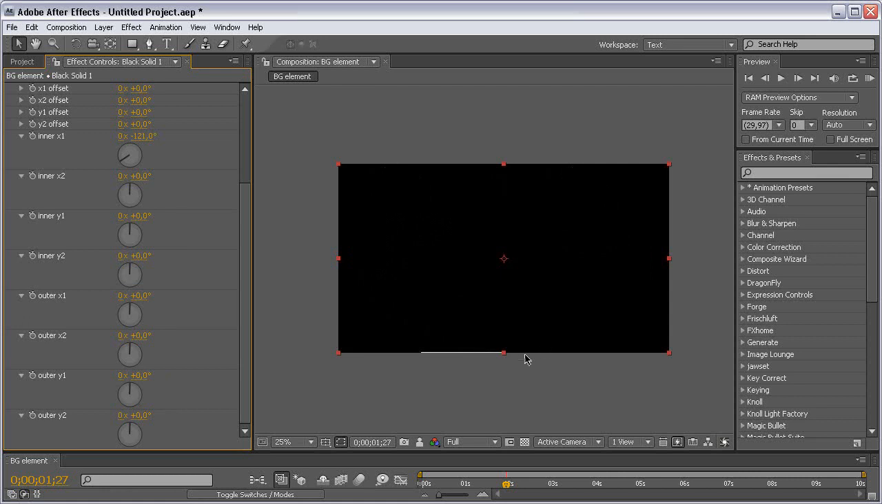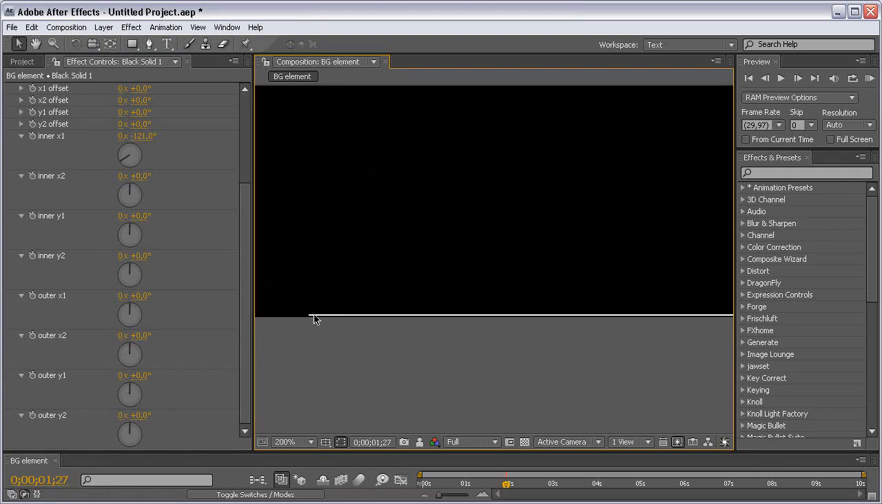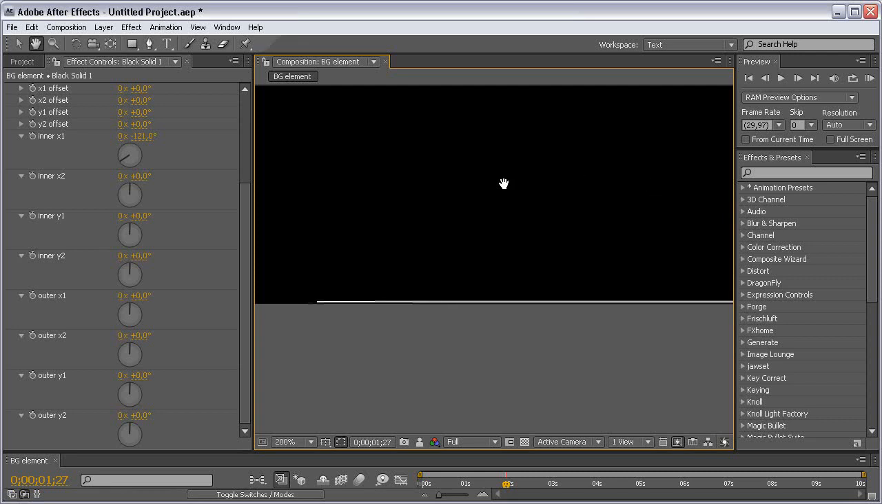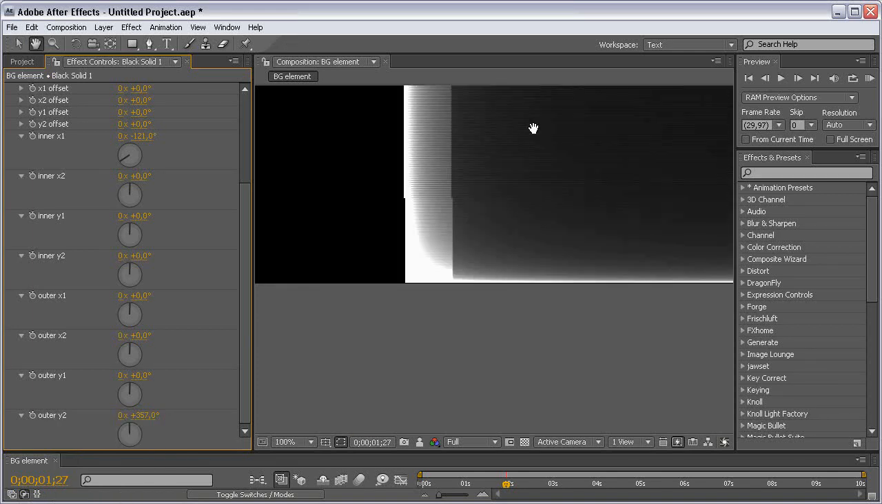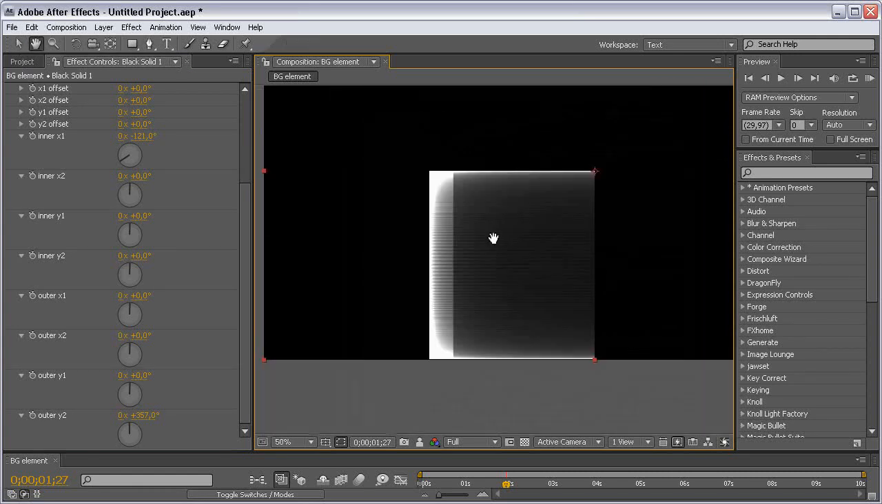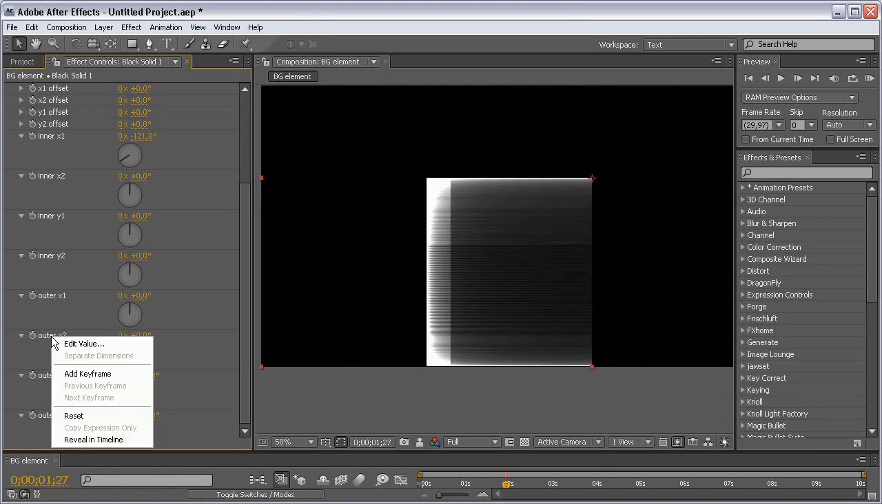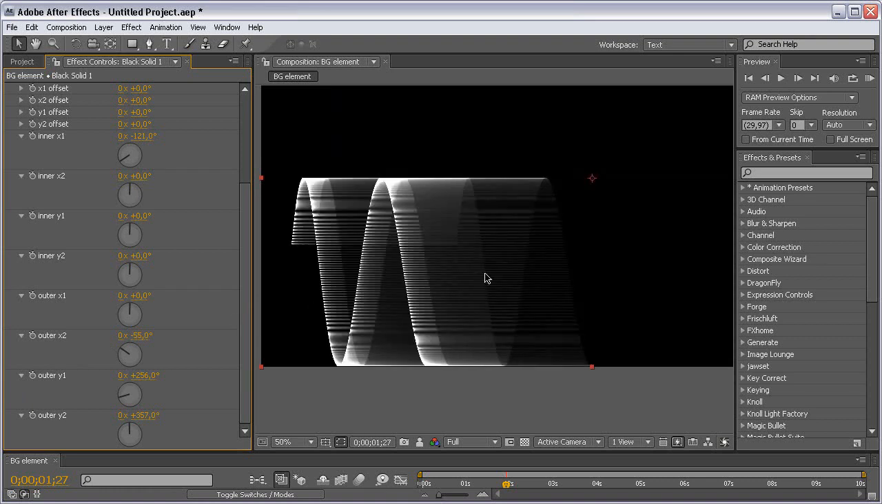Okay, what we can see is that we get a straight white line at the bottom of our composition. And what these sliders do is offset the line and deform it to create the shape. So let's take the outer y2 and reset it, and you can see that the line is offset a bunch of times. Now let's reset the rest of the settings, and you can see by resetting every slider we get